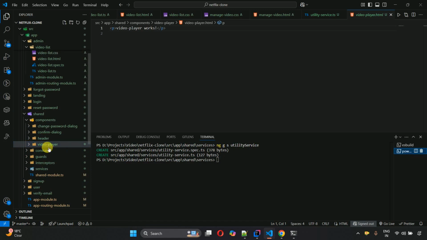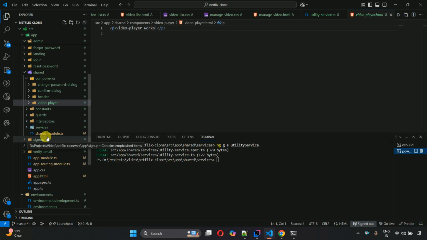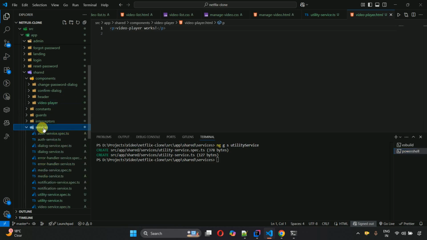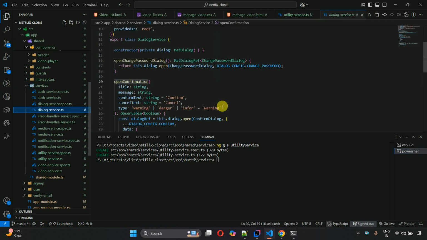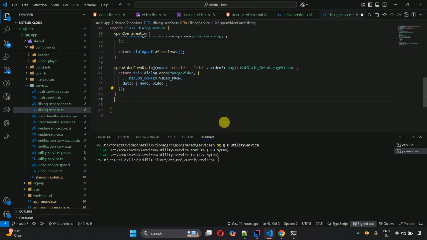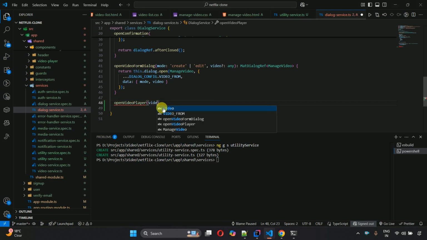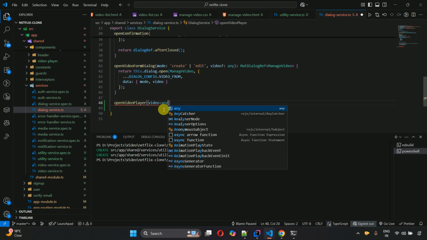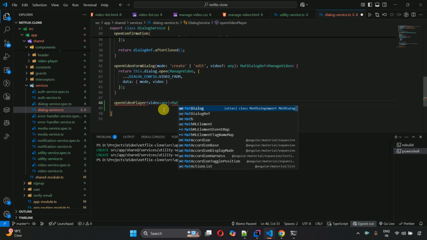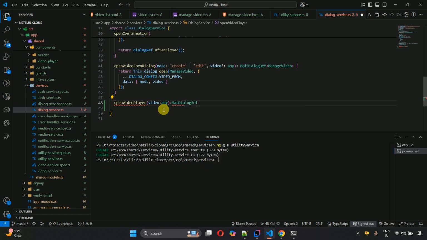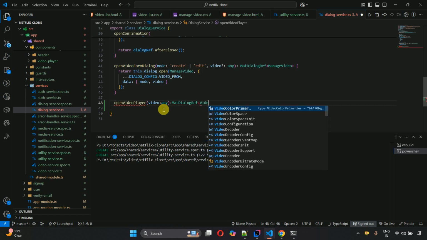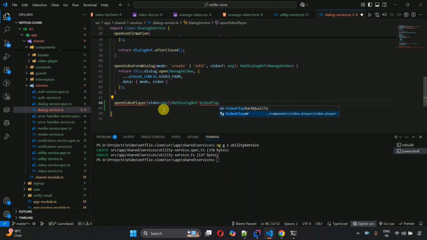Okay, so after creating the component, now we have to move to the dialog services. So go to the services, we have a dialog service. Go to the dialog service, scroll down, and here we have to write code to open the video dialog we have just generated. So open video player, with video of type any, and it should return MatDialogRef, and then we have to return video player, this one,